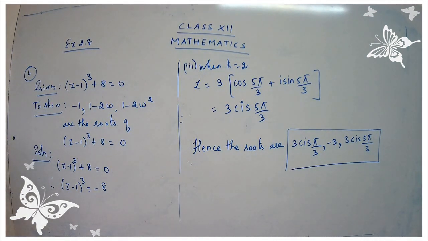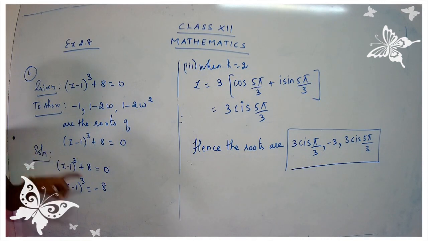Here a small change. In the previous sum we just took 27 into minus 1. We split it as 27 into minus 1. Here we are going to take minus 8 into 1. We are just going to split it as minus 8 into 1. We are not going to take 8 into minus 1. Okay, children? For every sum we have some different steps to be followed. So the thing is you have to be thorough. If you are thorough, you know how to apply which step and so on. Okay, children? So what are we going to do here? We are just going to express minus 8 as minus 8 into 1. Let's express it.